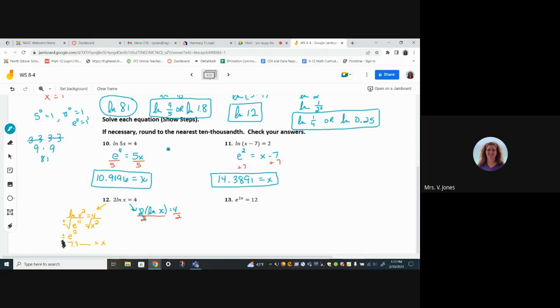So once that cancels, you have ln of x equals 2. Now we could write it as an exponential function. Your base is e raised to the second power, and that's equal to x. And when you type in e squared, you get 7.3891,